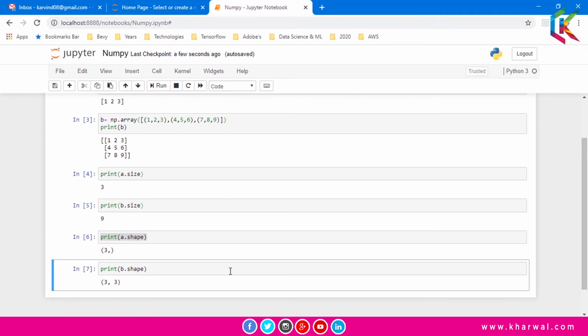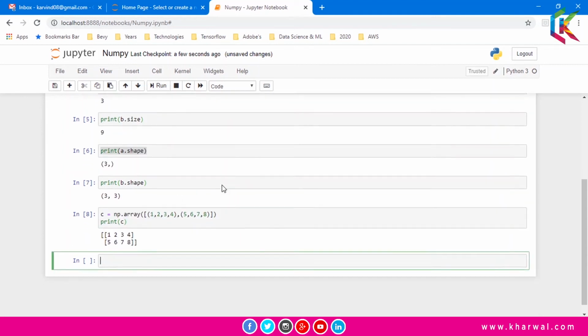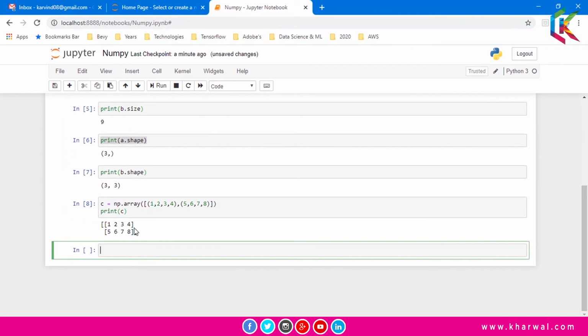So guys, now let's create another array. I am going to create an array of 2 cross 4. So 1, 2, 3, 4. And now if I print it, it will give you an array like this.